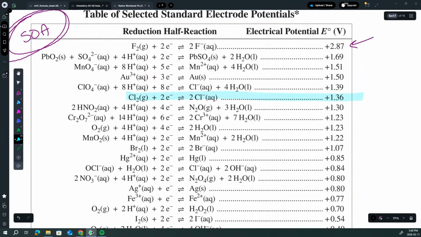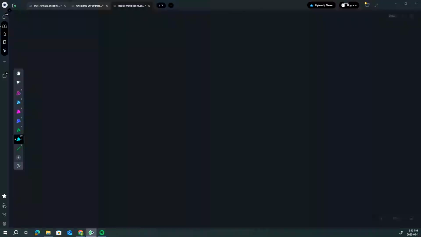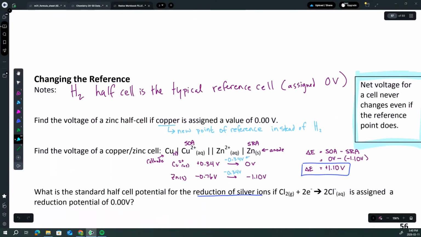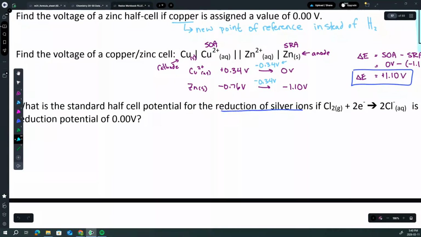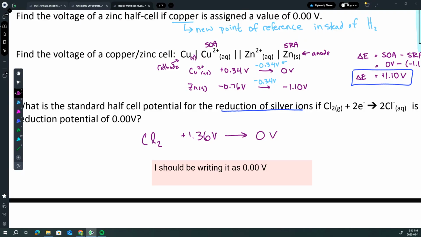Originally, with hydrogen as a reference cell, it has a reduction potential value of positive 1.36. So let's write that out. If it gets assigned a value of 0 volts, we ask ourselves, how do we get there? Well, you had to subtract 1.36 volts. Now with the silver ions,